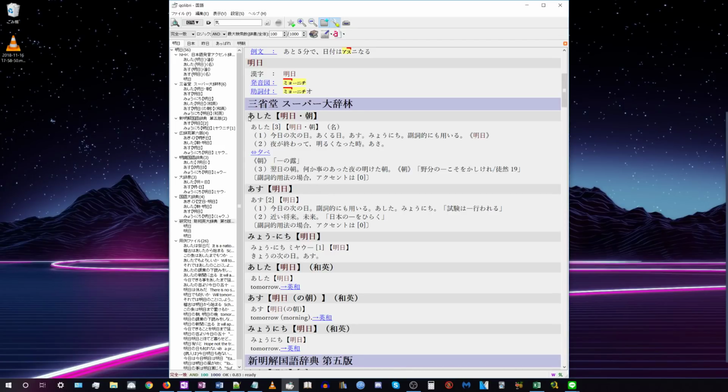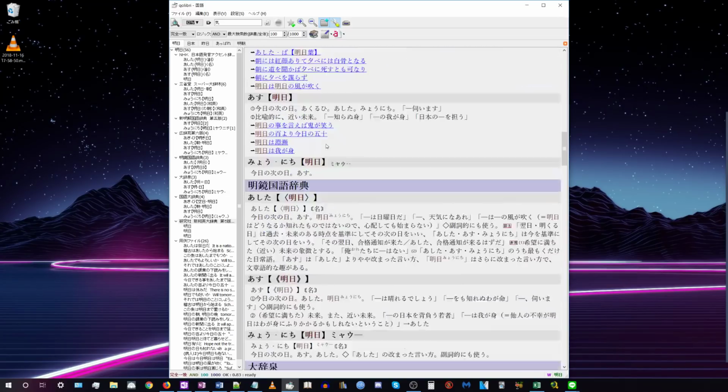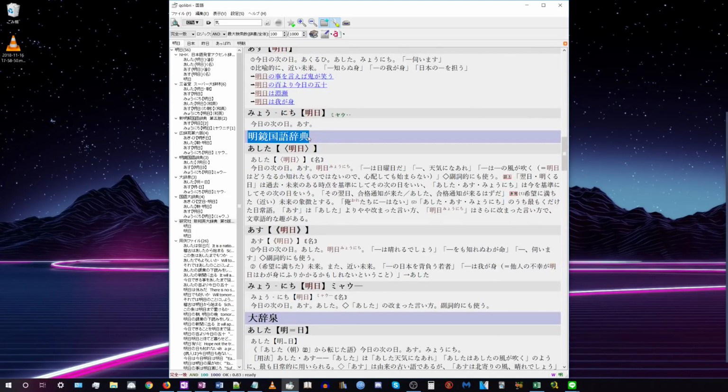So here, obviously, we have the word in hiragana and then how it can be written in kanji. And depending on the dictionary, there's going to be some notation inside of these fat brackets. These fat brackets generally mean how the word is written in kanji. And if it has one of these dots in the middle, that means it can be written multiple different ways.